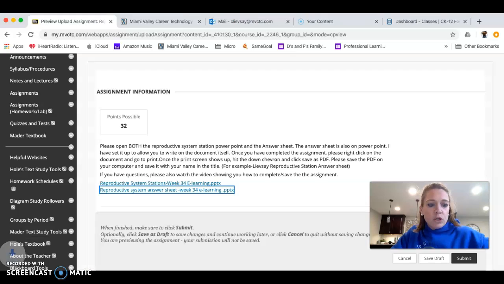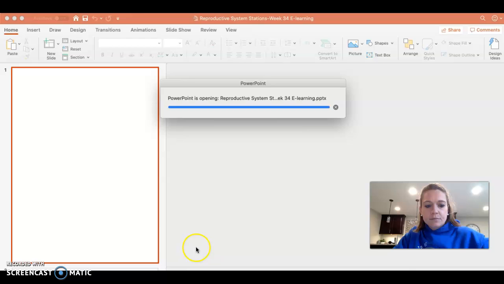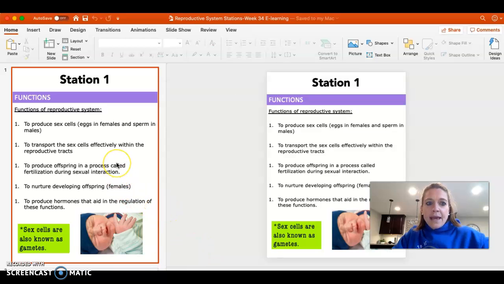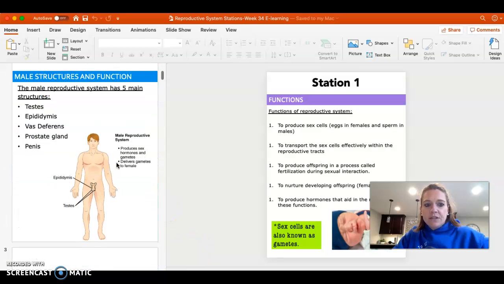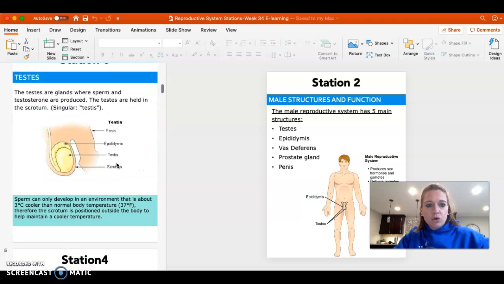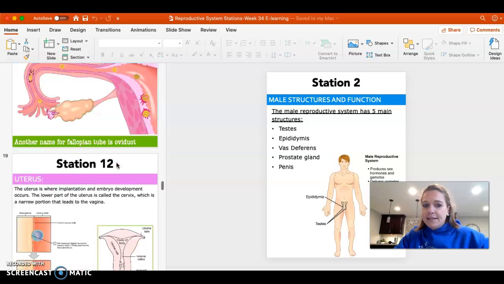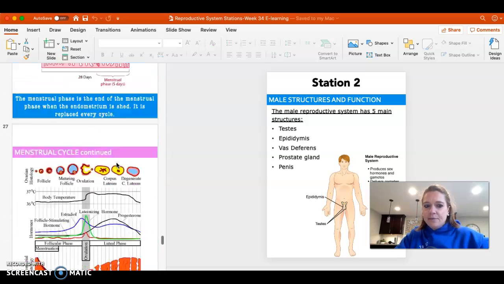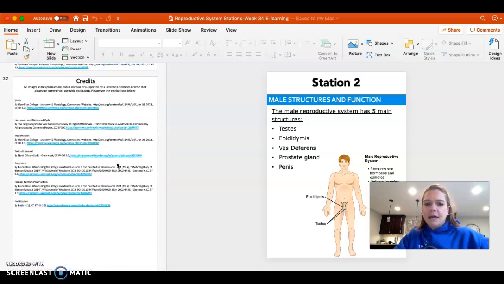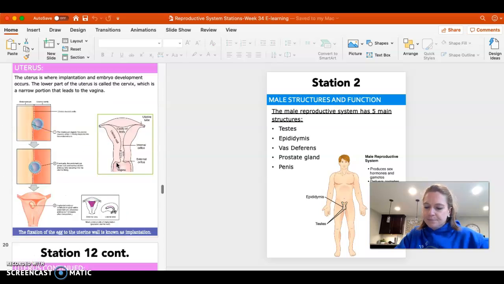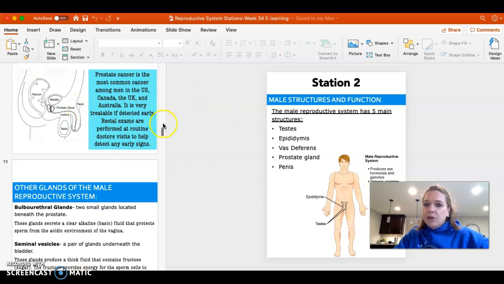Click in to have both of them open, and you're going to see all of the stations here, and you can just scroll down. I modified this so it takes less time and to keep it as simple as possible. So here's where you will get the answers for your